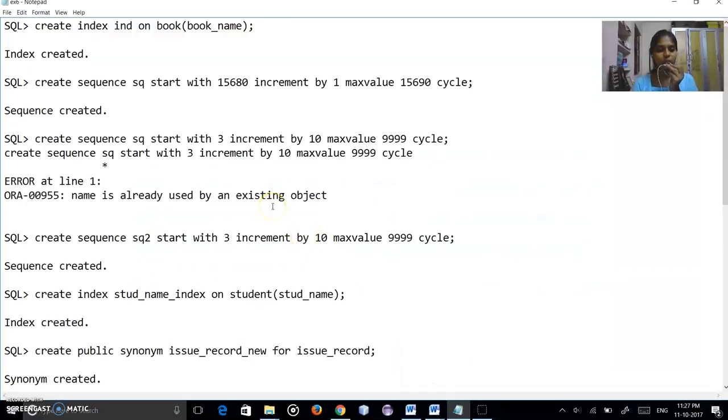So first we have to create an index. So creating an index on the particular row for a particular table. So for that we have to create an index giving some value on the table for the particular row. So for book we are issuing, then the index has been created, and the second question is to create a